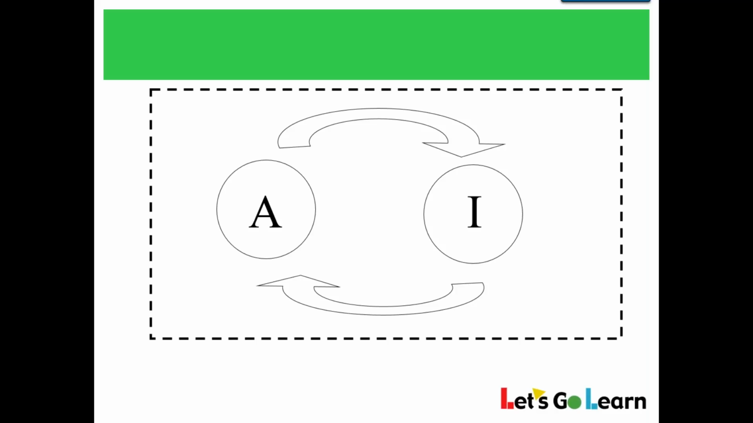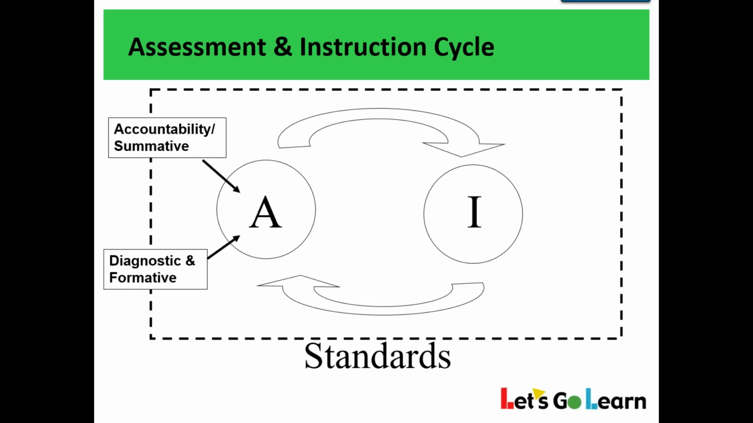As I said before, at Let's Go Learn, we always start off with this AI model, which stands for Assessment and Instruction. As soon as a student is assessed, we use that assessment data to drive instruction. At a later time, the students will take the assessment again in order to check for understanding, so that we can pivot our instruction to give our students the most appropriate